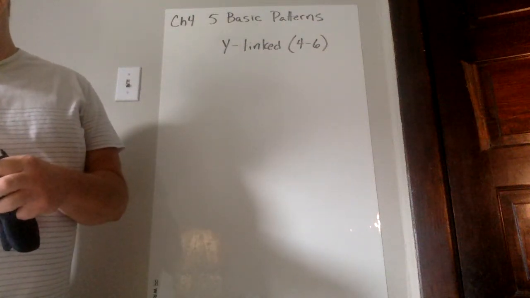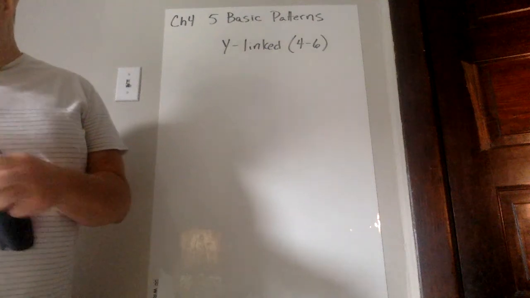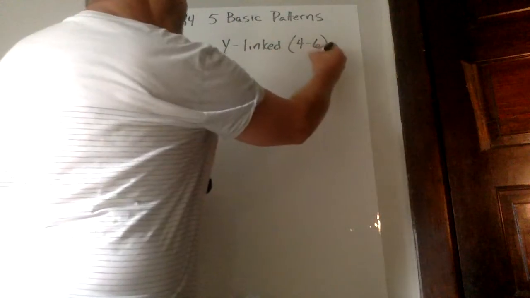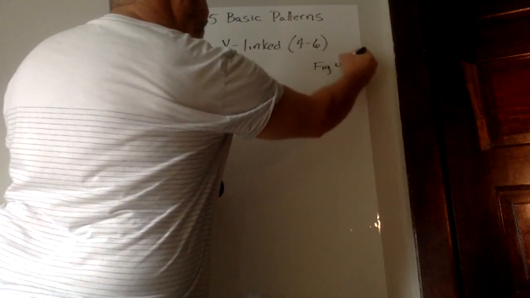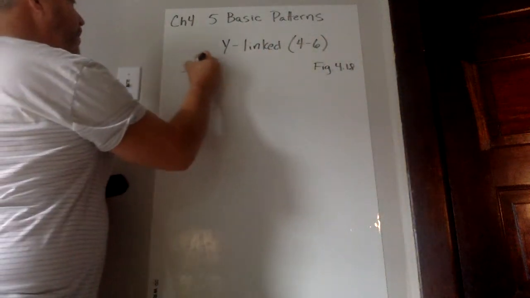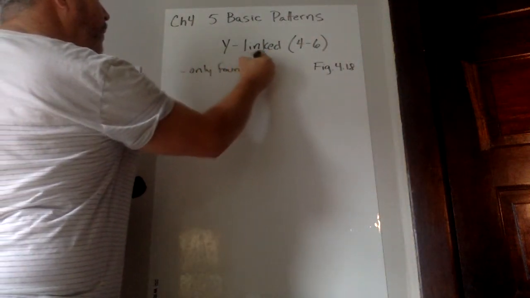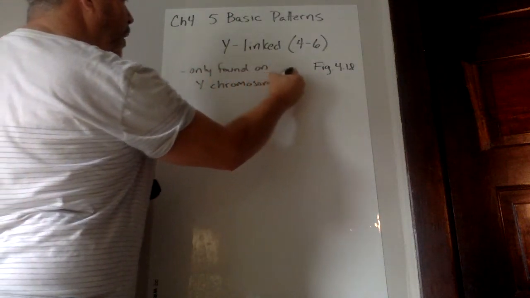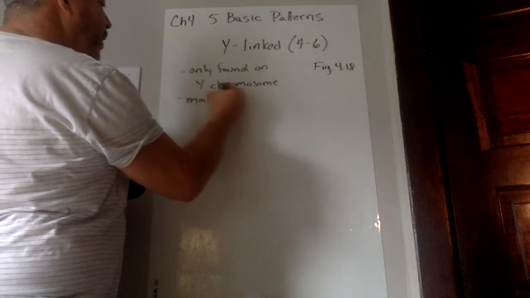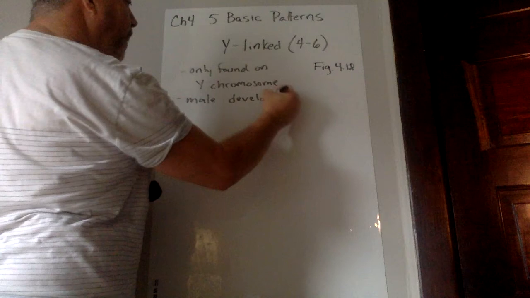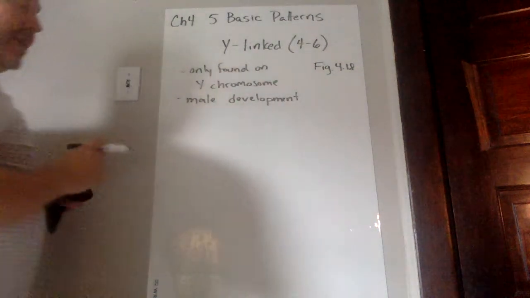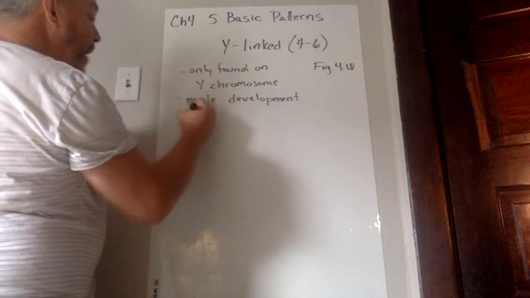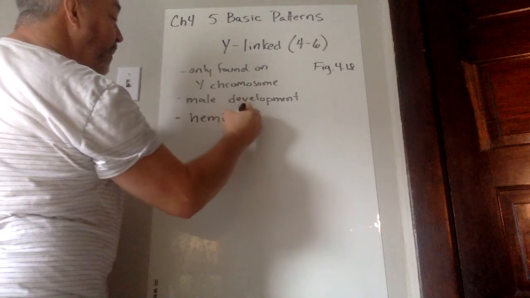The figure that you might want to look at in association with this is going to be figure 4.18. This is only found on the Y chromosome, and most of these genes, therefore, are associated with male development. There are not equivalent genes on the X chromosome to this, so males are considered to be what is called